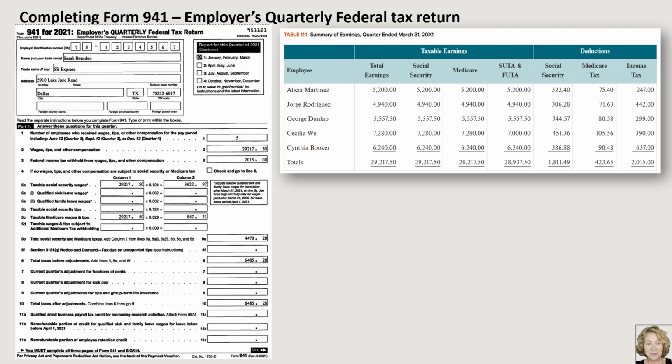On the next row, row 5D, we would enter any Medicare wages subject to the additional Medicare tax withholding. However, that doesn't apply in our example. So the next step is to sum up Medicare and Social Security tax liabilities on row 5E for a total of $4,470.28. And then add the income tax on row 6 for a total of $6,485.28. There are no further adjustments, and our total taxes after adjustments is